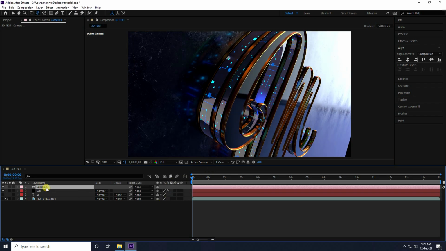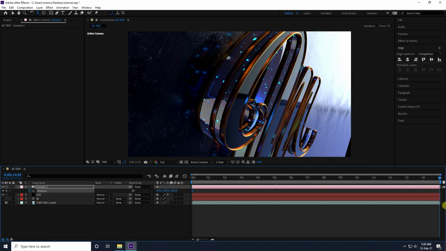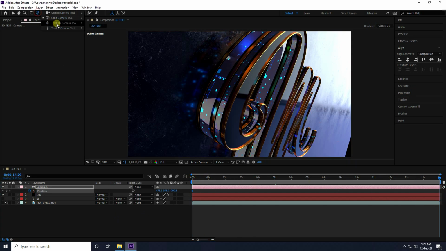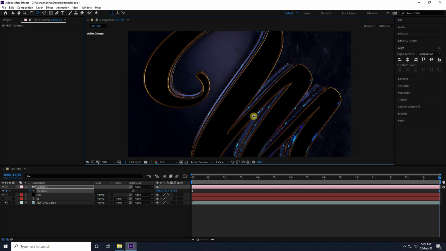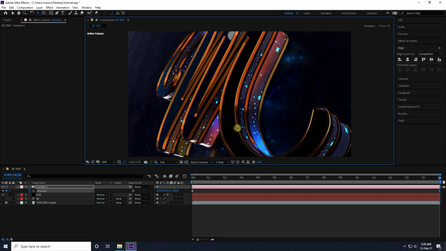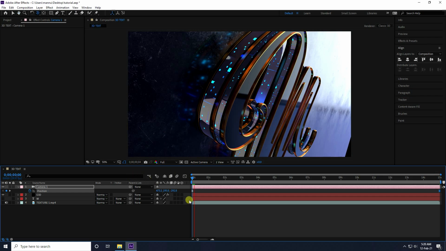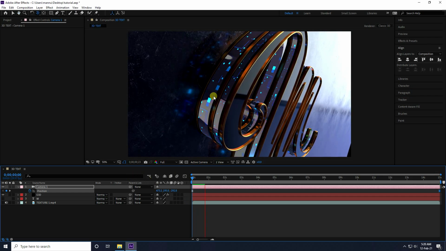So select this camera and press P, position check, and go to last one, and orientation, actually orbit change like this. Yeah, and select this keyframe and press F9. Yeah, and play. See guys, that's my beautiful lighting.